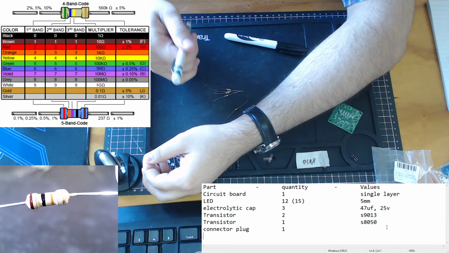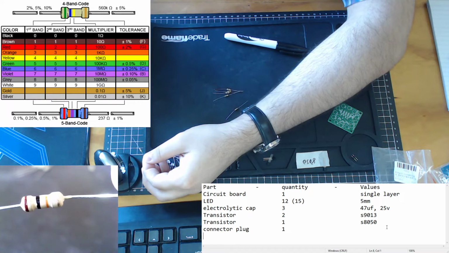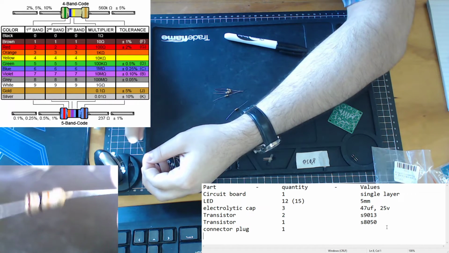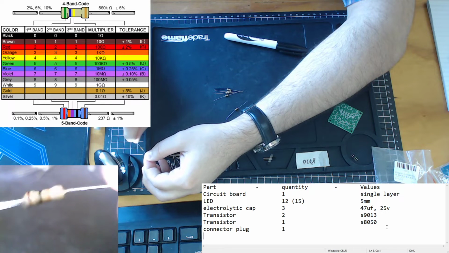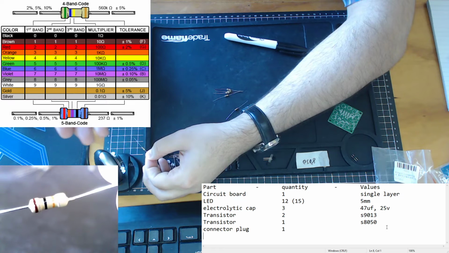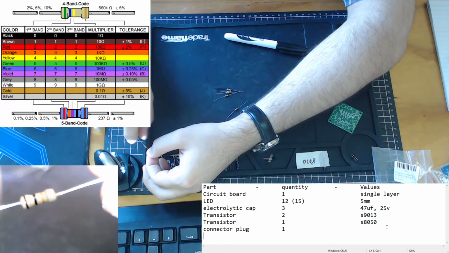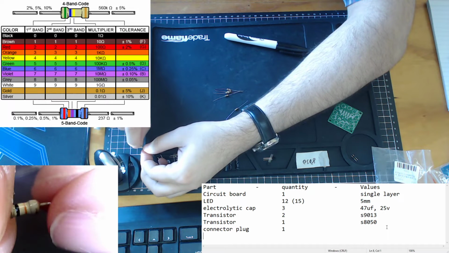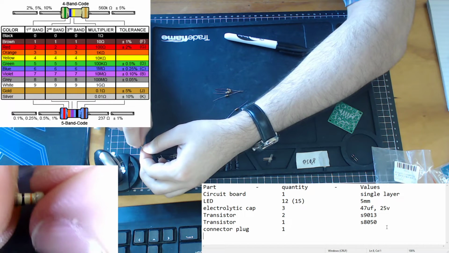But gold and silver are the most common tolerances when it comes to resistors because it's the cheapest type of resistor. When you're dealing with more advanced resistors, you might need to do some additional testing, especially if it's confusing, like if they're using a brown 1% tolerance. But if we look at this resistor and start rotating it,